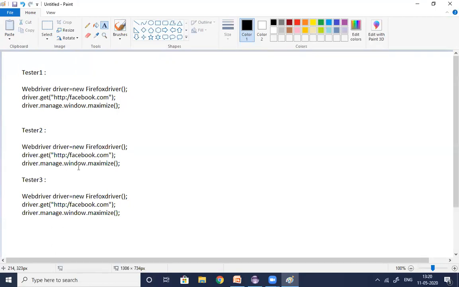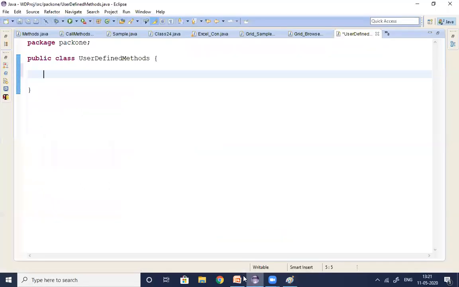But now in this session, we'll see how we are going to create our user-defined method and how it is helpful in Selenium. Let's start. So as a senior member in this project, I noticed that there are some validations and some lines of code which are reused multiple times. So I'm going to create some methods. How to create the methods? See, let's start with the methods, guys.